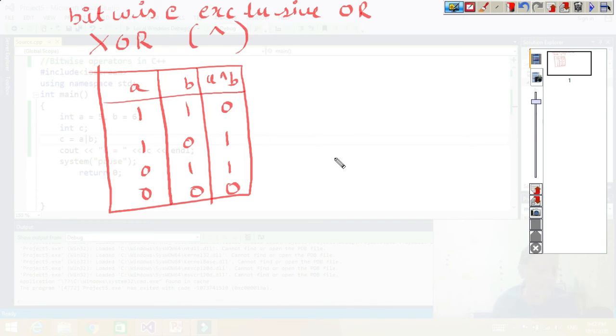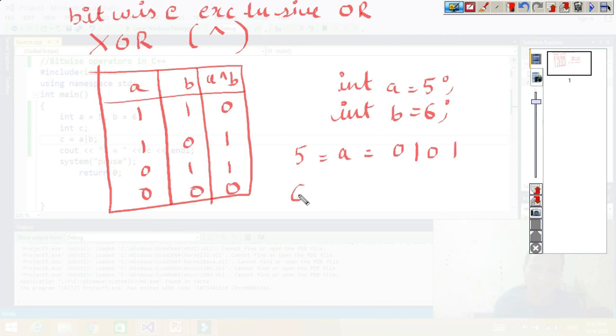Let's check this bitwise operator for A is equal to 5 and B is equal to 6, the same example. 5 is 0 1 0 1 and 6 is 0 1 1 0. Now we are performing bitwise XOR.